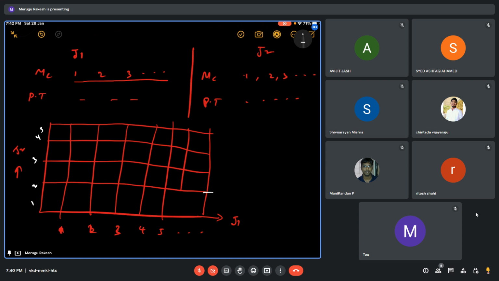Suppose this is 0 and this is 0. So as I'm moving further, I will get values. I'm just writing in a sequence of multiples of 4 and so on. Here similarly,